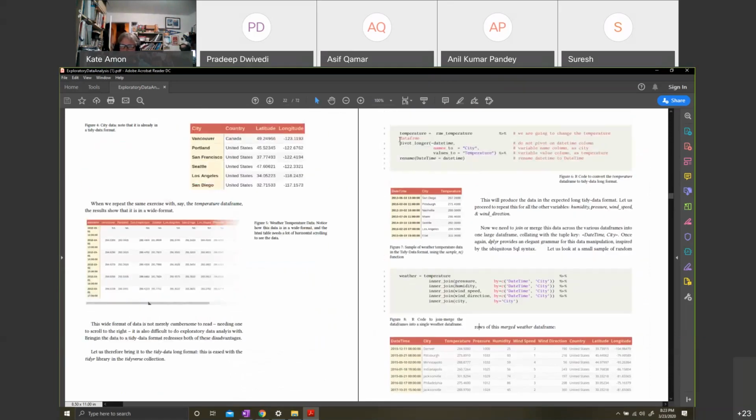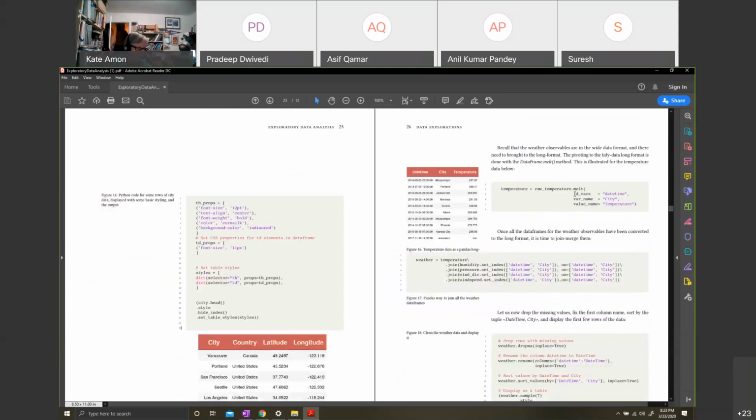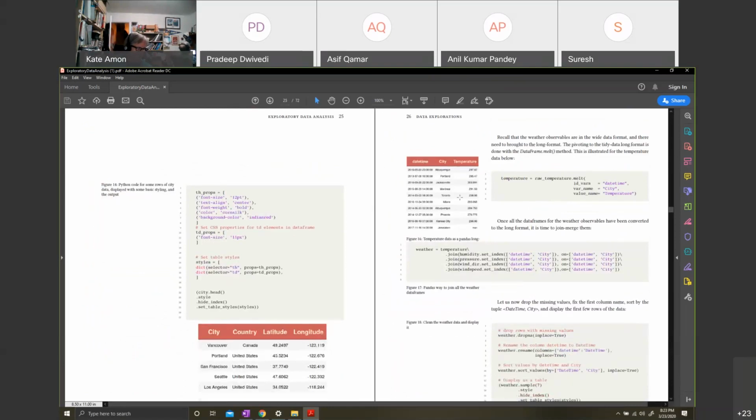Yeah, guys, look at this. Raw data and pivot longer. Date time, city, temperature. These are the three fields you mentioned, isn't it? Now you go to the syntax for R, and do you see that it is exactly the three? Date time, city, temperature. It helps you pivot it into the long format. And then the join syntax looks practically identical. The only difference is in R we use the word by, and here the attribute is on.